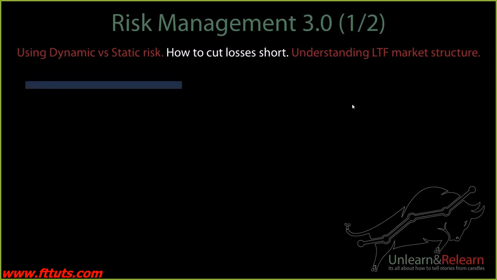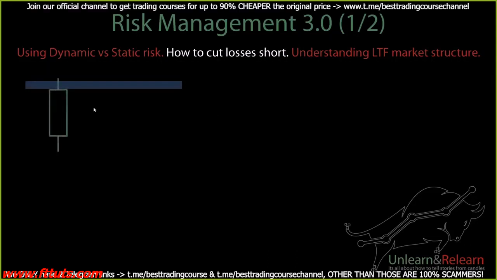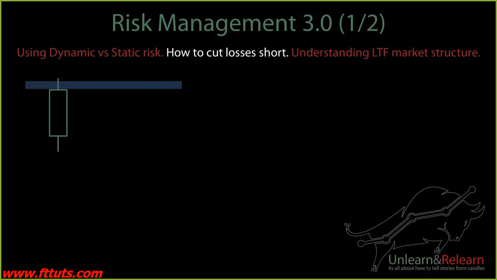Let's say you have a resistance, right? You have a resistance and you have a candle going bullish. Now, if someone is looking at this and they say, okay, well, if we have a candle going bullish, now we're waiting for a candle to turn bearish so that we can take a sell, right? Like the only reason we look at the candles at certain zones is to know if we can take